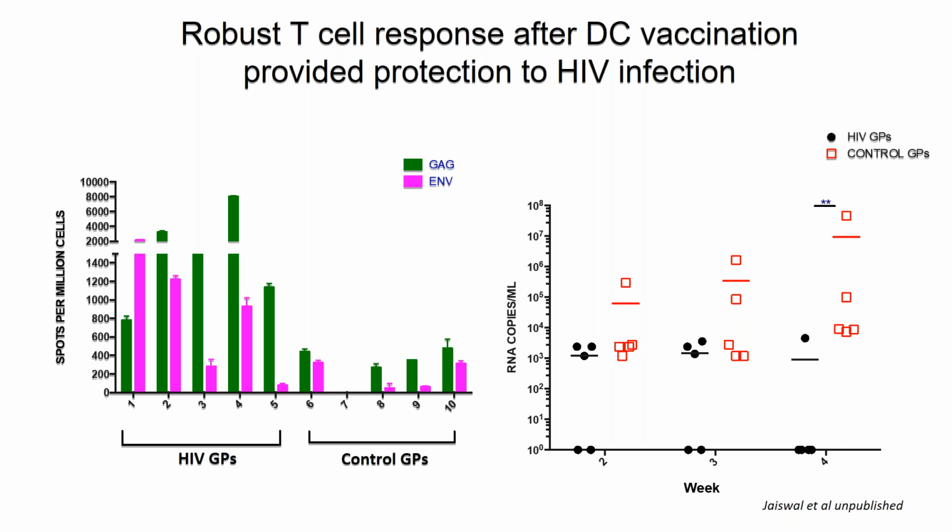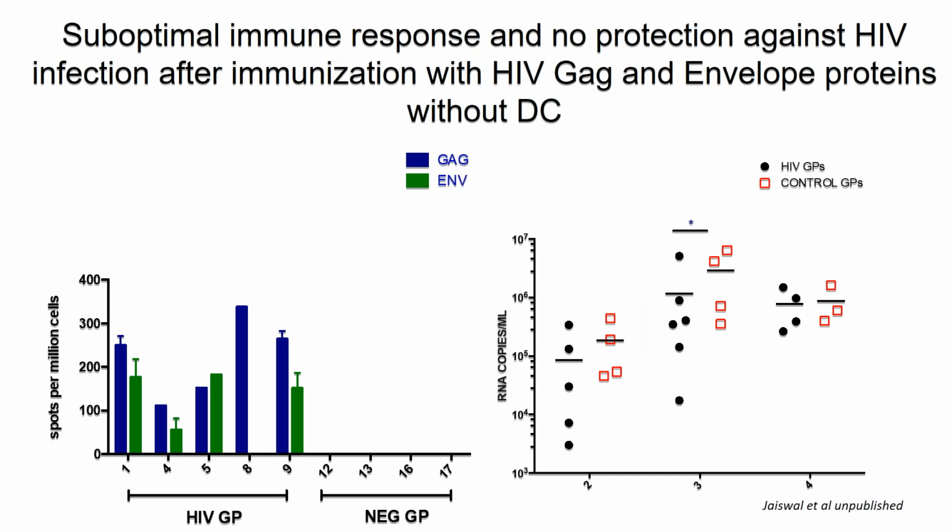And we know that this protection is coming from the dendritic cells, because when we did the same set of studies but immunized the animals without dendritic cells, the T cell response was significantly lower, and most of the animals were not protected. They exhibited a high level of viremia. So with that,